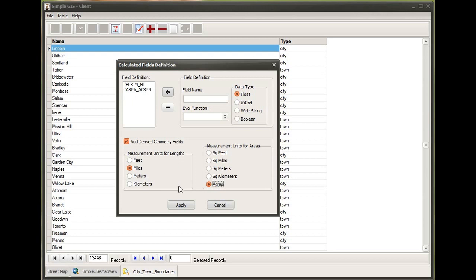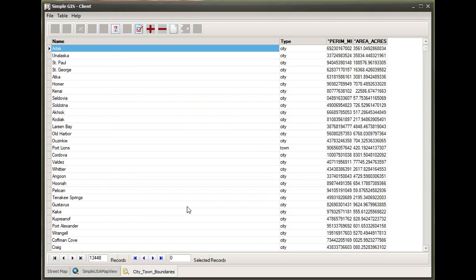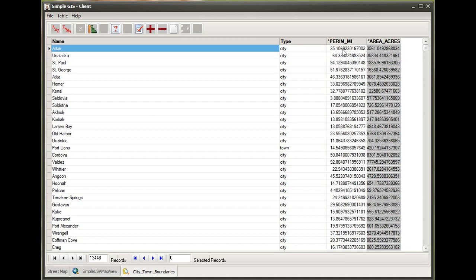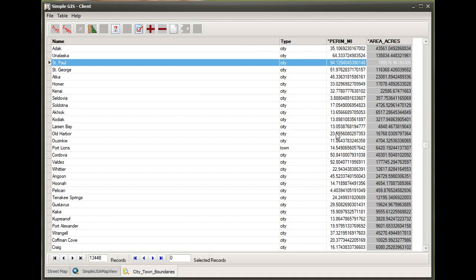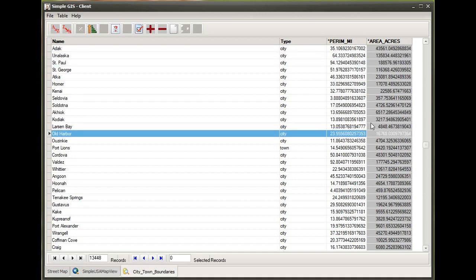If I choose the acres units of measurement, I see the field name is now changed. And now when I click apply, I see that two new fields have been added to my attribute table that match the names in that field definition. And I see now that I have these measurement values for each of these features. So in this first record, I see the perimeter is approximately 35 miles and the area is over 43,000 acres. And I can see that that's calculated for every feature or record in my attribute table or in my feature